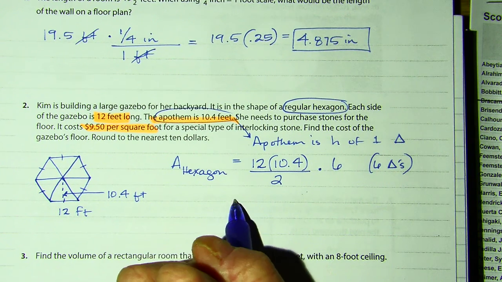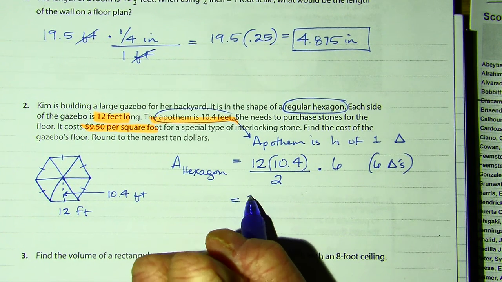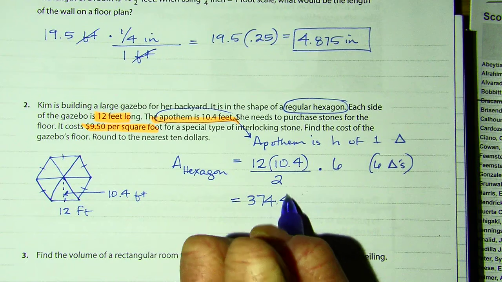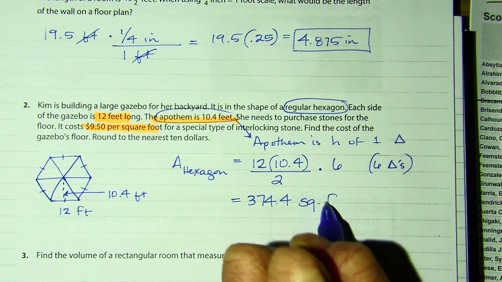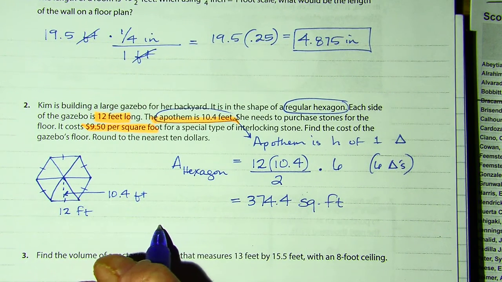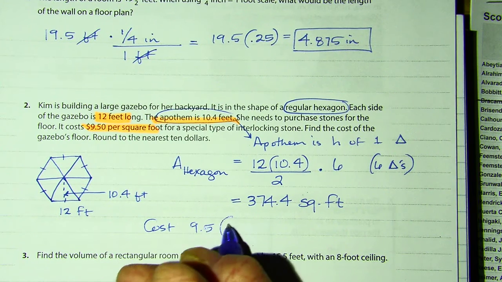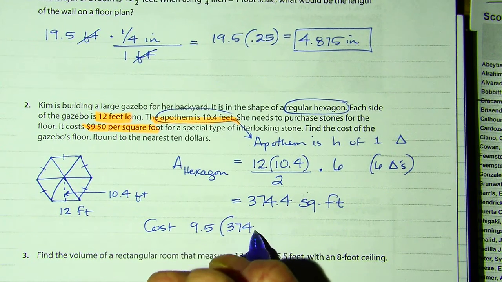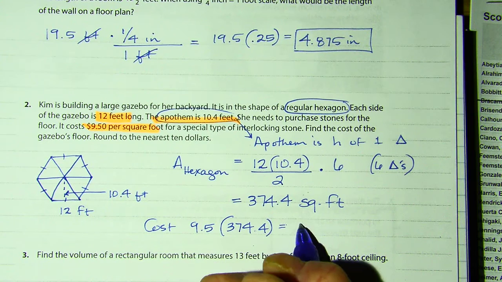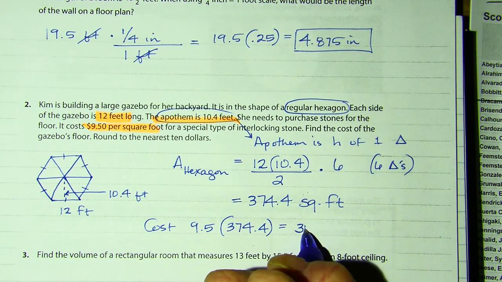So that gives me 374.4 square feet. And then they told me the cost is $9.50 per square foot. So $9.50 times this 374.4 gives me a total of